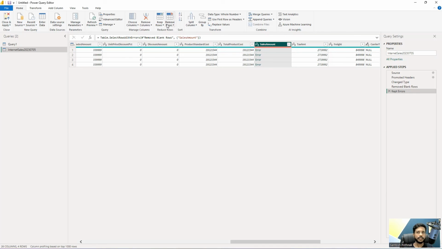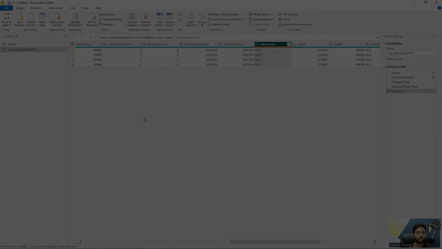So otherwise, these are the options that are available. Okay. So we have covered all of the options under reduce rows. Now we have